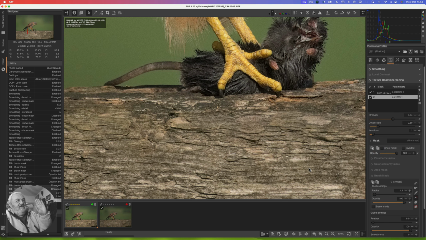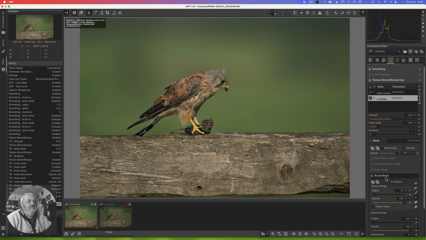Now, just say that's what we wanted, but you see, to me it's making the mouse and the kestrel's feet over-sharp. So guess what? Hit brush mask and it's all gone. And then what I can do is come out to fit to screen view,